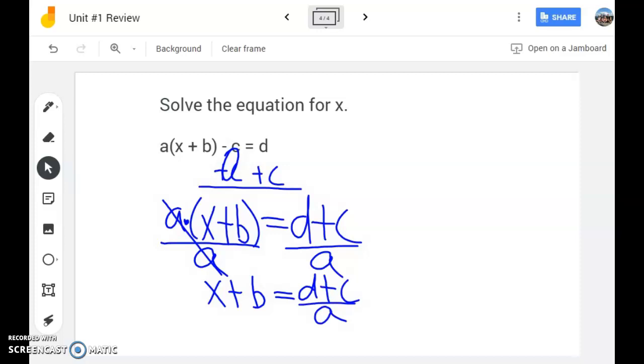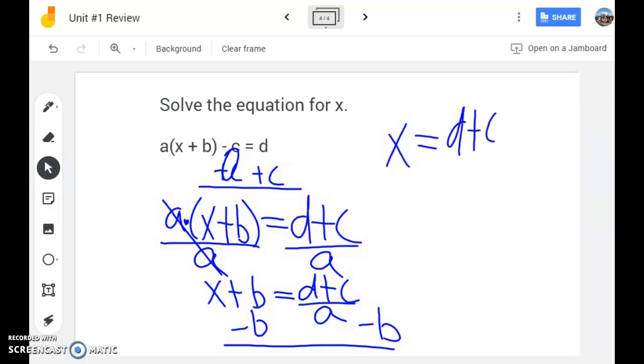Okay. Last thing we want to do is get x by itself by subtracting the bears. All right, subtracting b on both sides. Using the property of equality here, I'm going to end up with x equaling dogs plus cats divided by apes, and then you just put the b at the end, all right, the minus b. And that was kind of a theme for all these slides. I just kind of wanted to show you how that's a sidecar and nothing that